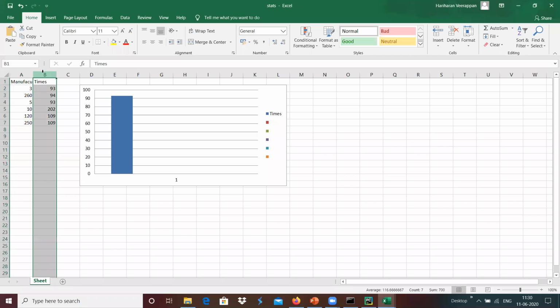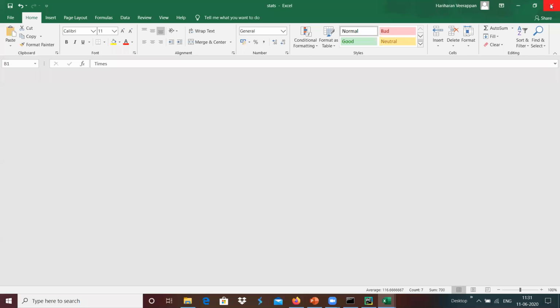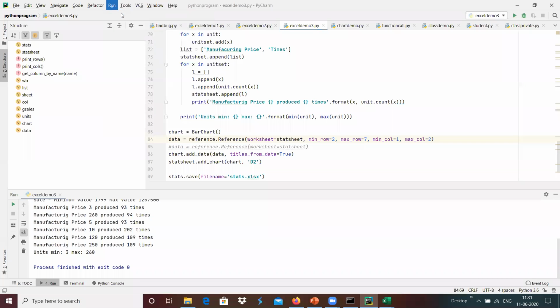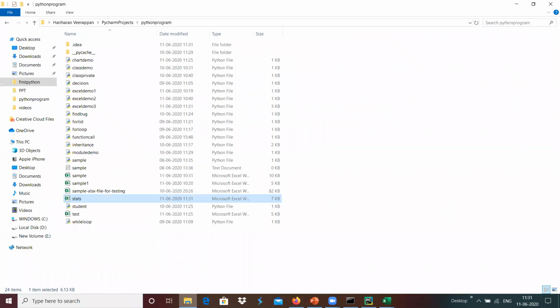First column and second column we have, and it should be min column is 1 and maximum column is 2, and min row is 1, and we have the min row is 2, and the maximum row is 7 over here. Now maybe we can run this, the bar chart over here, that will provide the respective outputs over here. Now we can open this stats.xls.